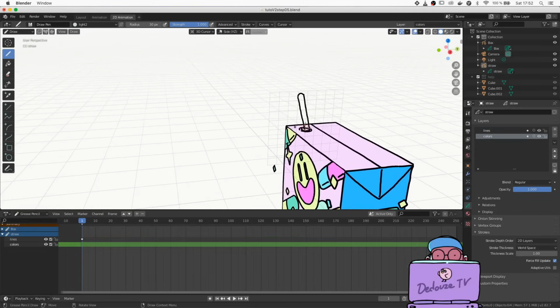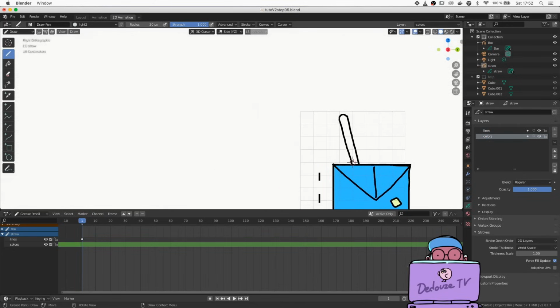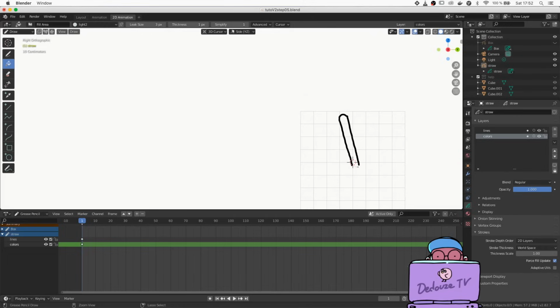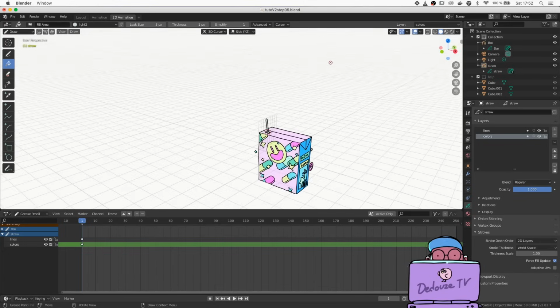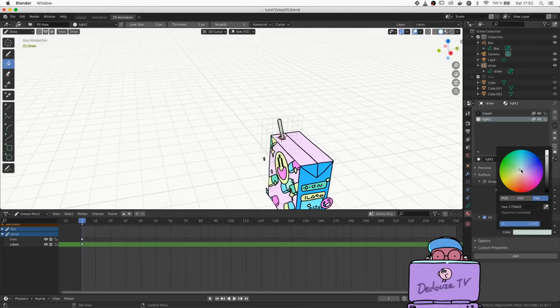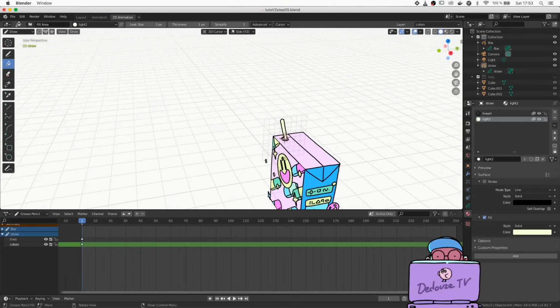Now you might think that you can use the paint bucket here to color this straw, but actually there's a hole in the bottom. If I hide the other grease pencil objects, you see the shape of your drawing here. So now with the paint bucket tool, you know how to fix this. Hold Ctrl and draw a shape to fill the gap. Release Ctrl and click on the rest to paint automatically. And I think I'm going to adjust the color of this little straw a little. Okay, seems better to me.